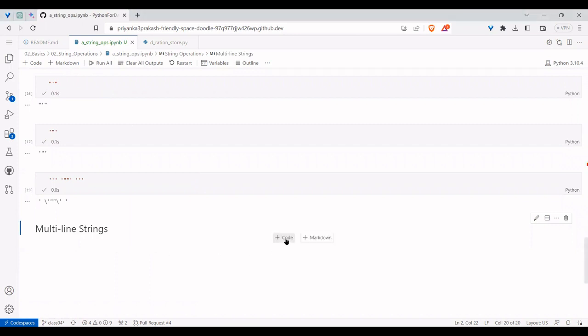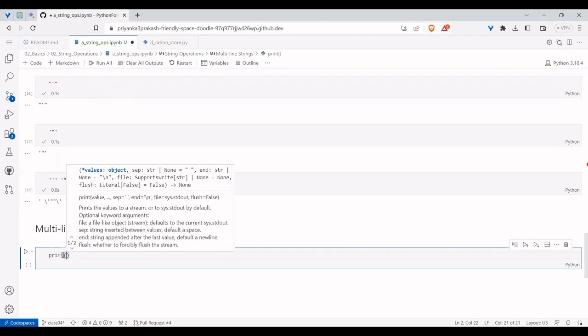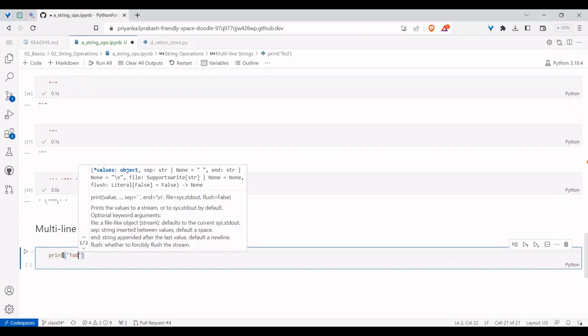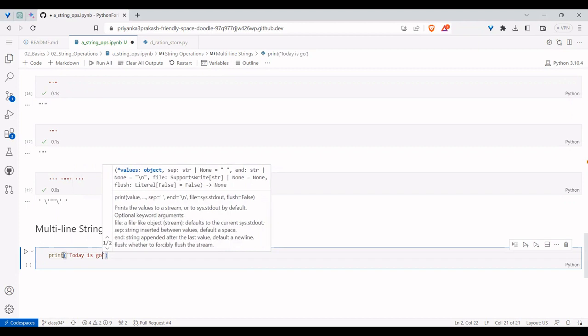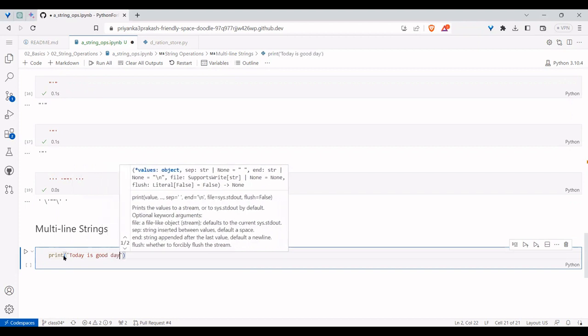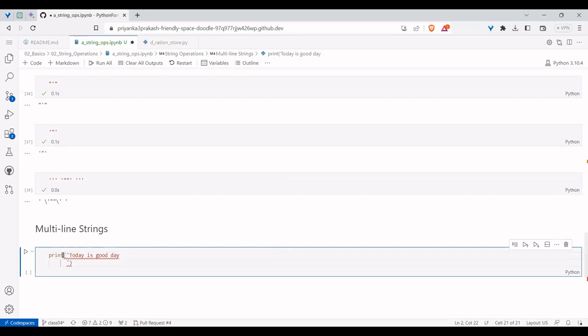Within these scenarios, I will tell you something. Let me write a small string. Say print, "today is a good day to learn Python." Did you see what happened in this case?